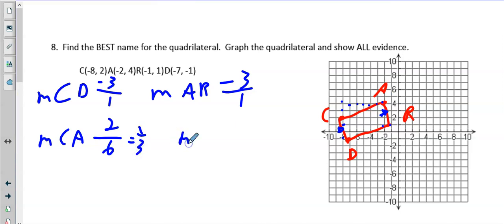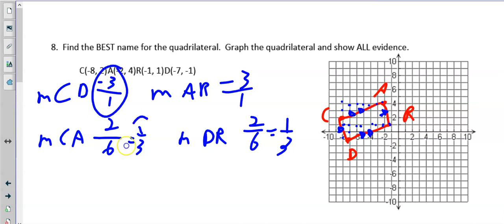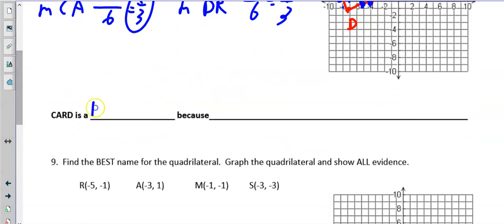Then we're going to do the slope of DR. From D, we're going up 1, 2, up is positive, and right 1, 2, 3, 4, 5, 6, which also reduces to 1/3. So we've proven that these two are also parallel. So we know it's a parallelogram, and the easiest way to prove it's a right angle is opposite reciprocal slopes. Well, -3 over 1 and 1 over 3 are opposite and reciprocal. So it is a rectangle